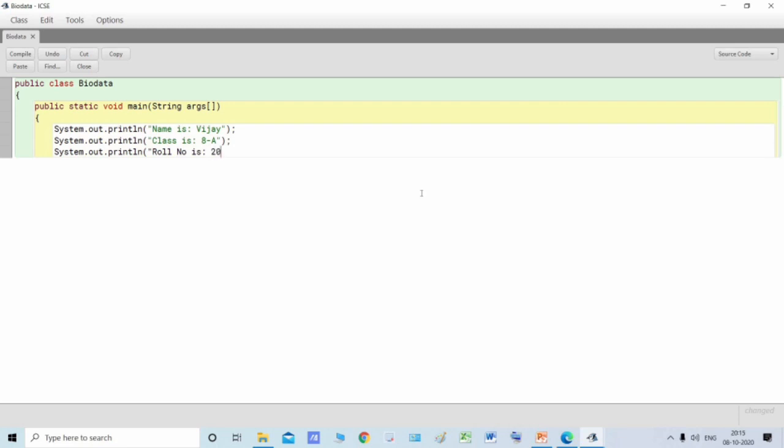Suppose 20, we'll just give any random roll number. Then double quotes, and done.